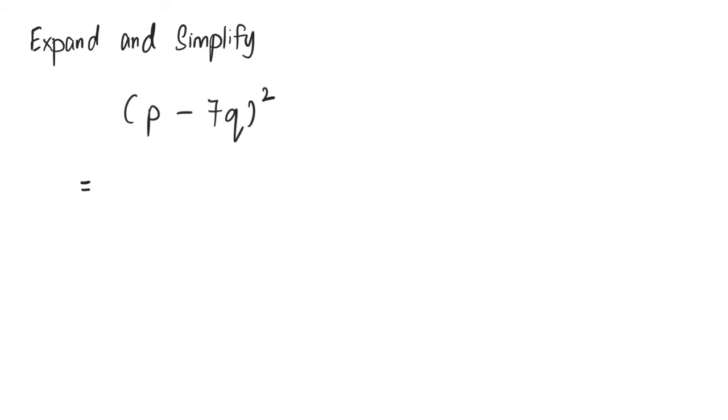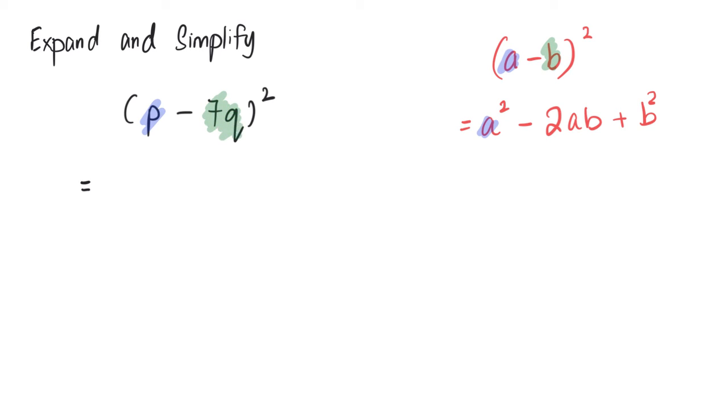But Mr. Tan, remember that (a minus b) bracket square is equal to a square minus 2 times a and b plus b square. And because Mr. Tan remembers this, I am going to apply this in my solution. So my a is p and my b is 7q, and just substitute nicely in. And therefore you will see me writing p bracket square